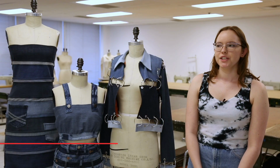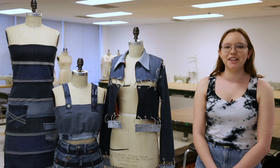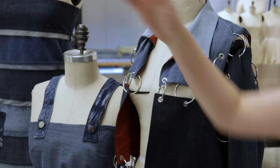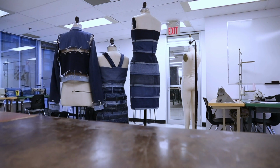My personal connection to sustainability is mostly about just using what already exists. Hi, I'm Shannon. I'm a Term 6 fashion design student at Toronto Film School. Coming here, I really didn't know exactly what side of fashion I wanted to get into. As I went through the program, I started to experiment with a bunch of different kinds of fashion and different